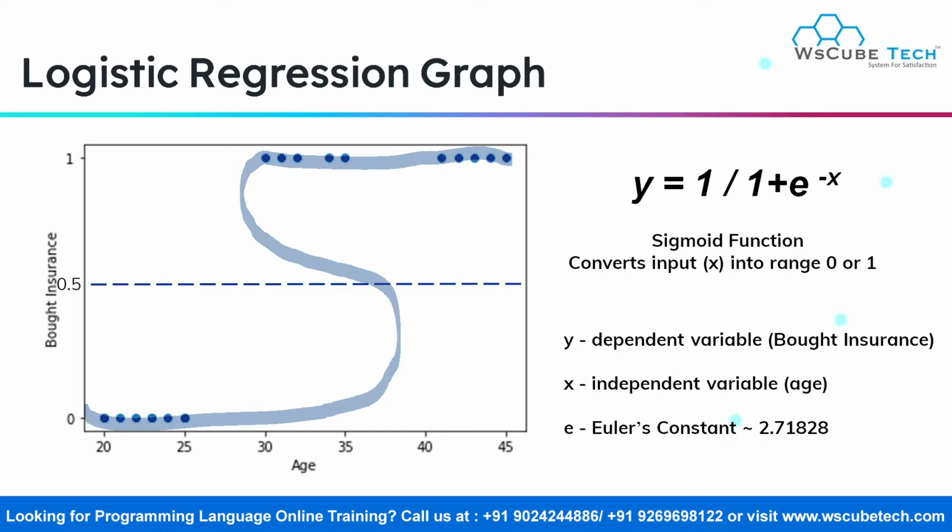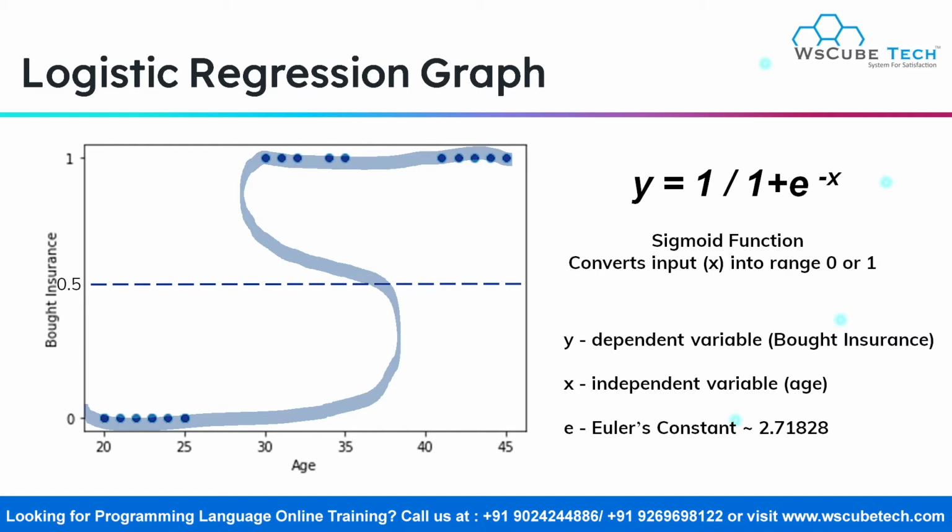If a data point lies above this cutoff line, it says there is a probability that the person will buy this insurance. And the data points that lie below this cutoff line say there is no probability, because on the y-axis we have the probability, that is 0 or 1. Now you might get a question: what if the data point lies on the cutoff line? It will fall under the unclassified section, and this occurs quite rarely. So this is all about the theoretical part, the sigmoid function. I hope you have understood this.